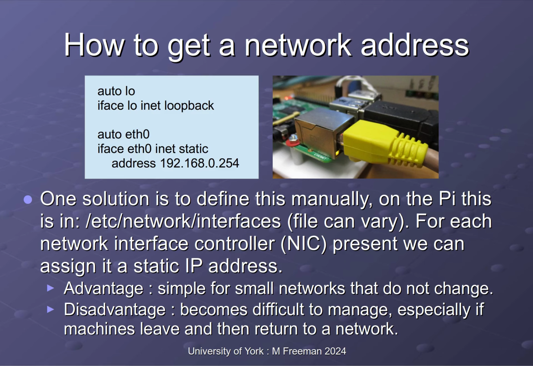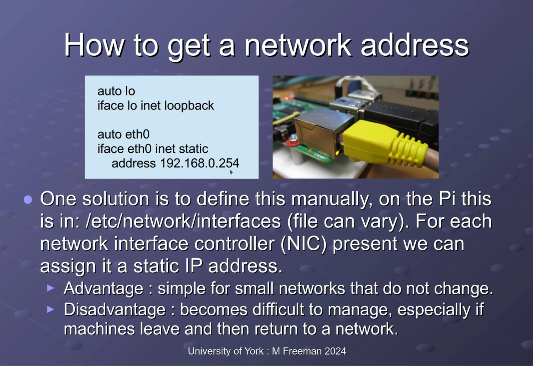So one solution to this problem is to use static IP addresses. So in each operating system, there's different ways of doing this. But here's an example of how you would do it in some Linux-based systems. I confess perhaps a little bit old hat with the advent of systemd, but we still do it this way on the Raspberry Pi. So in the file /etc/network/interfaces, you'll find descriptions like this. So for the Raspberry Pi, eth0 is the onboard NIC. So we're saying this interface is inet and it's static, and you start at the IP address, and in this example here,